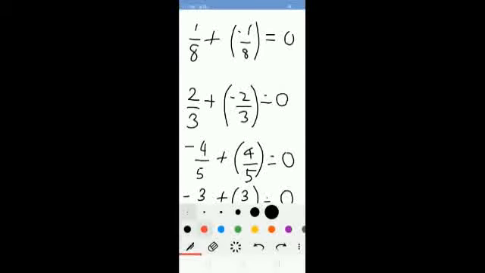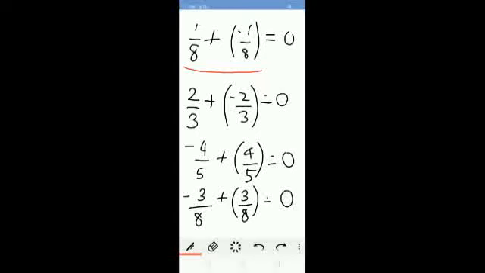Right? So now look here. In the first problem, we have a positive number, so when we add it to the same negative number only, I can get my answer 0. The second problem is also the same. The first positive number is 2 by 3, and we add the same negative number to get the answer 0. In the third problem, I consider a negative number, so I have to take a positive number to get the answer 0. Similarly, the fourth problem also.